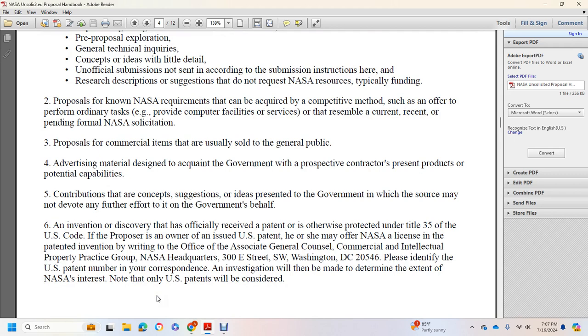6. An invention or discovery officially receiving a patent or otherwise protected under Title 35 U.S. Code. If the proposer is the owner of an issued U.S. patent, he or she may offer NASA a license to the patented invention by writing to the Office of the Associate General Counsel, Commercial and Intellectual Property Practice Group, NASA Headquarters, 300 E Street SW, Washington, D.C., 20546. Please identify the U.S. patent number in your correspondence. An investigation will then be made to determine the extent of NASA's interest. Note that only U.S. patents